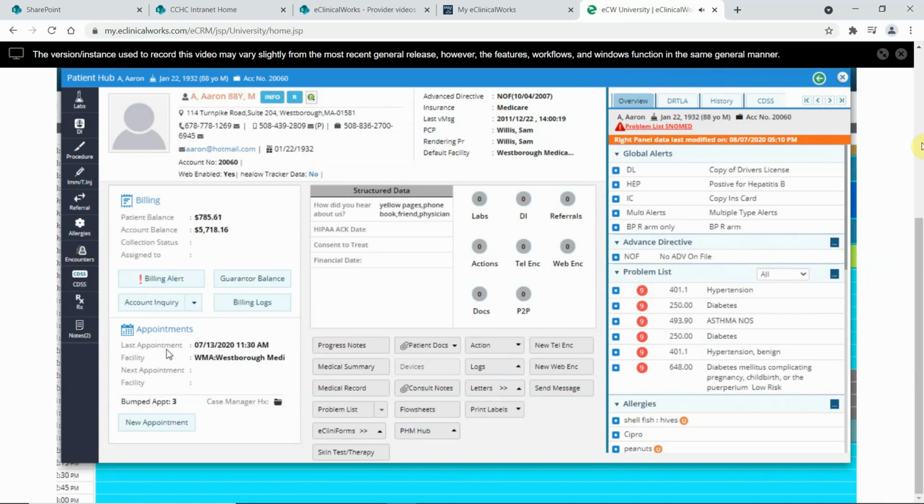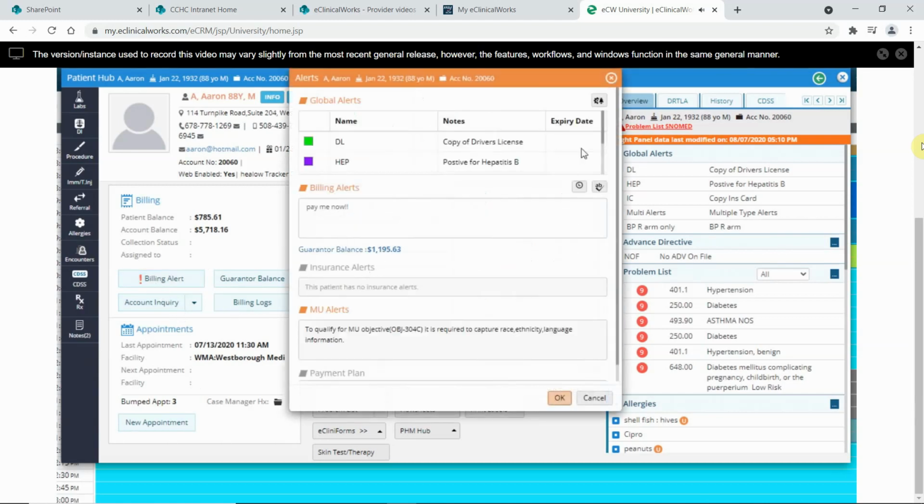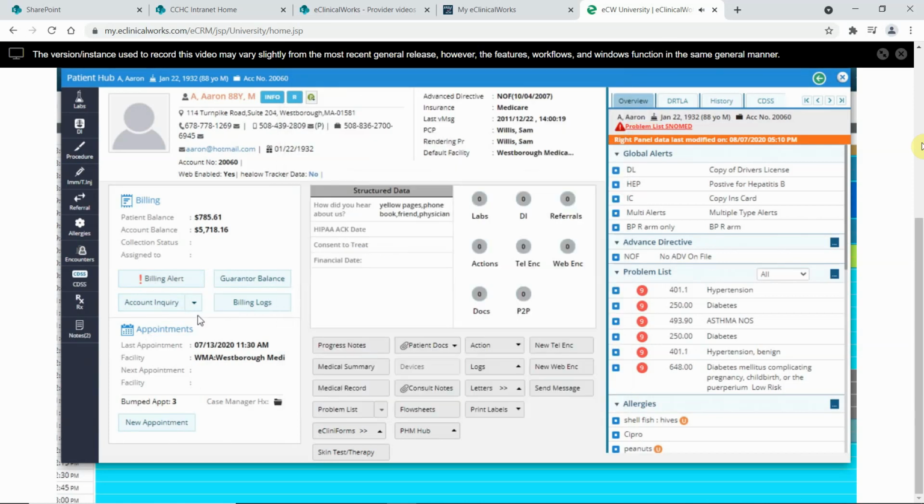If there's any patient or account balance, if they're in a certain collection status, I will be able to see that collection status right here. If I want to manage any of the billing alerts, I can go ahead and click on billing alert and it's going to open up my billing alerts. And I could also see any global alerts or manage global alerts that I want to add or remove for the patient. We also have guarantor balance, account inquiry, which is going to give a bird's eye view of all